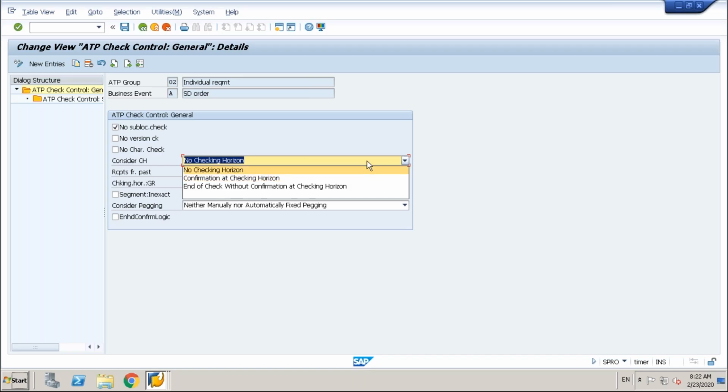Make sure when you have CTP, you have no checking horizon, because whenever there is shortage, the capacity could be beyond your checking horizon. Today I don't have capacity. I have capacity after 5 days. Then this checking horizon will stop it. If you know what you're doing, then I'm fine. But if you think that planned orders are not getting created, when you're learning, make sure these things are all okay. But only this field, make sure it's no checking horizon set. Okay,